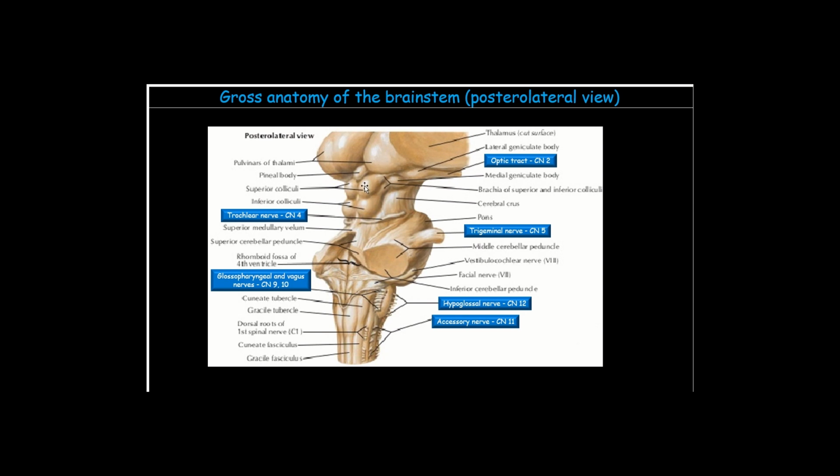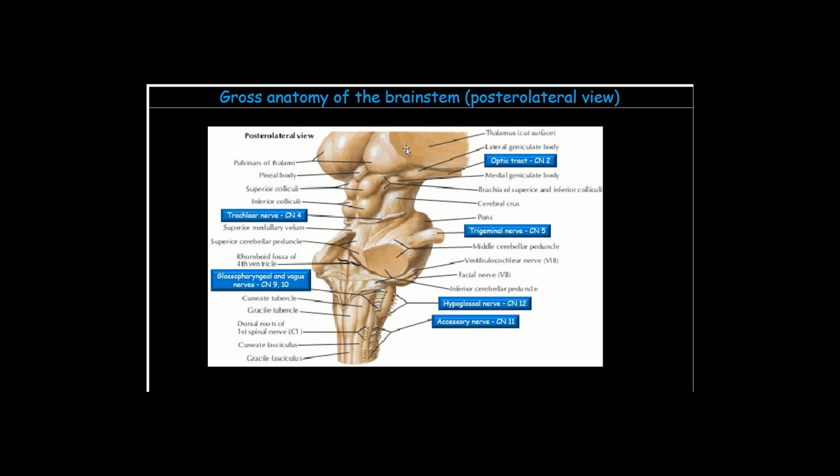The superior colliculus at the top over here can actually be seen connected through a white matter tract, which is known as the superior brachium, literally on the side of the midbrain, connecting it with this elevation here. This is one of the nuclei of the thalamus, known as the lateral geniculate body. So the superior colliculus is connected with the lateral geniculate body with the help of the superior brachium. Similarly, the inferior colliculus is connected through the inferior brachium with the medial geniculate body, which is once again a